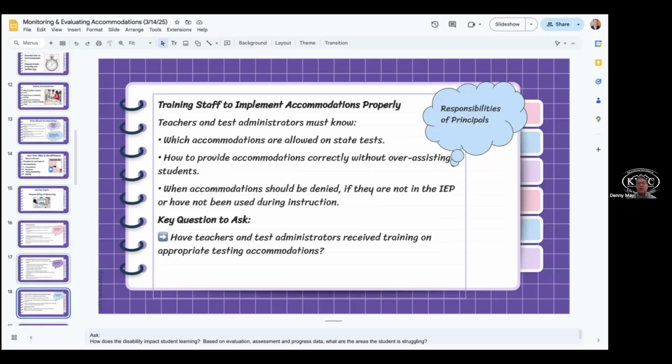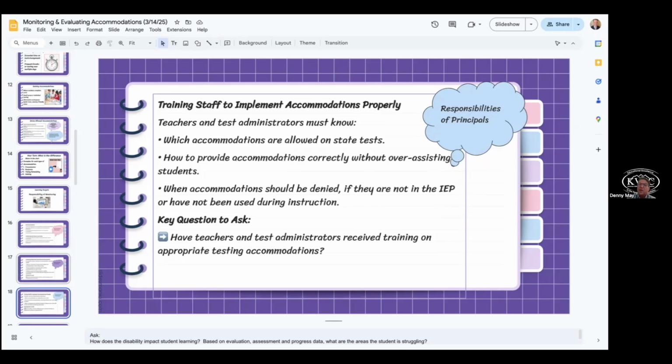That's certainly something that everyone needs to know when you work with students with disabilities, and accommodations should be denied if they are not in the IEP or have not been used during instruction. We need to make sure that we're monitoring that. We don't need to be giving accommodations when they're unwarranted.